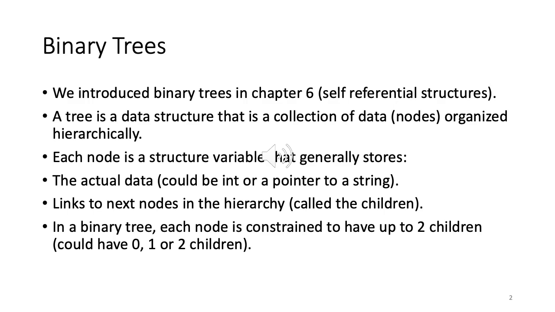So we learned that a tree is a data structure that is a collection of data which we call nodes organized hierarchically. So note that when we think about how a linked list is organized, right? So that is sort of like in a straight line, right? So you have a head, and then next you have the second node, third node, fourth node. So there is no hierarchy; it is all on the same level, all in a straight line. A tree, in contrast, has a hierarchy.